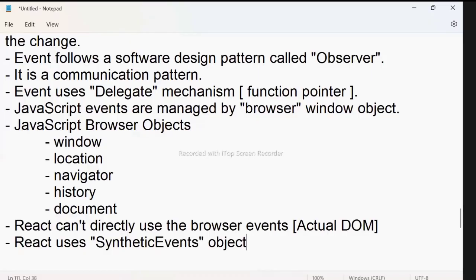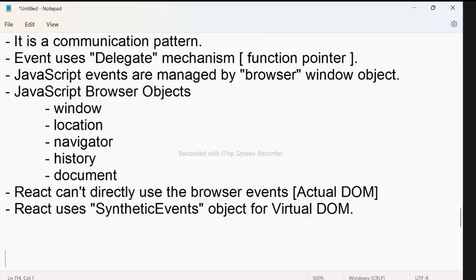React uses a synthetic events object for the virtual DOM. That means the actual DOM contains onclick, onchange, onblur, onfocus, all those events, and they are the same. But React will not use those events directly. React uses the virtual DOM events. Virtual DOM events have the same names as the actual DOM events, but those events are managed by an